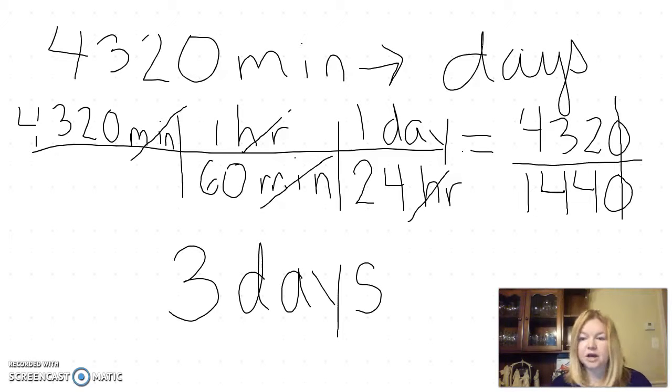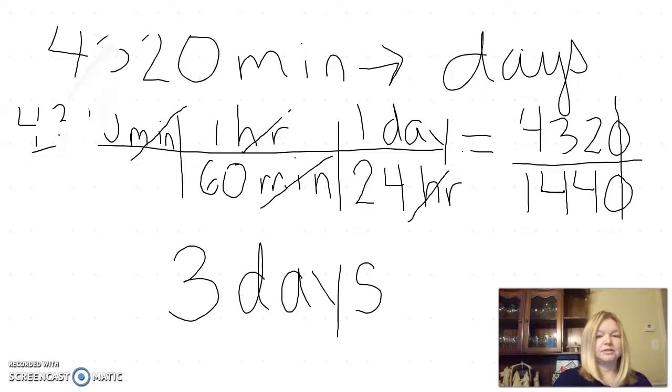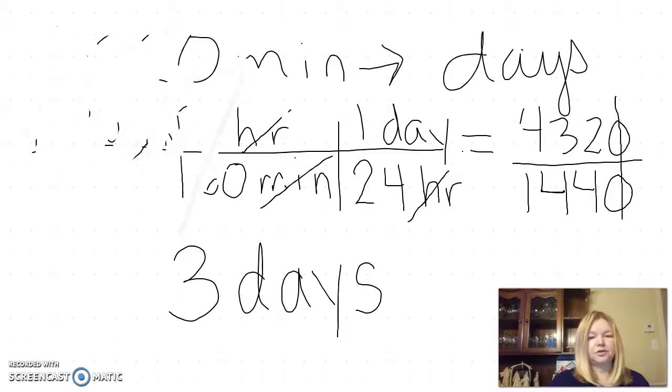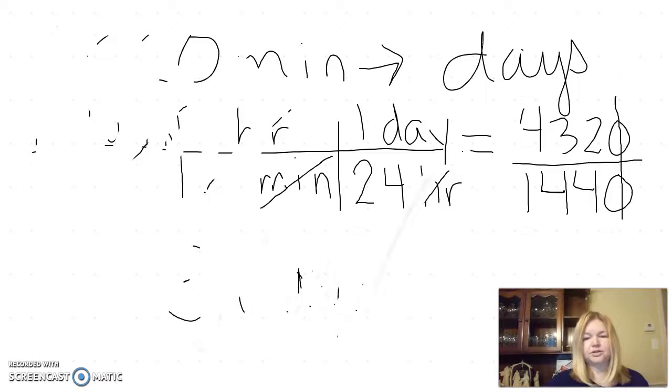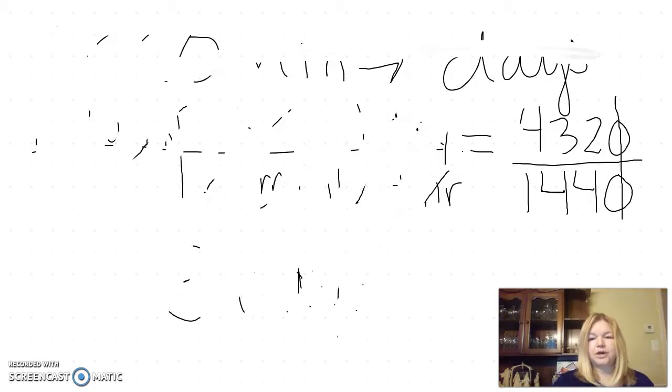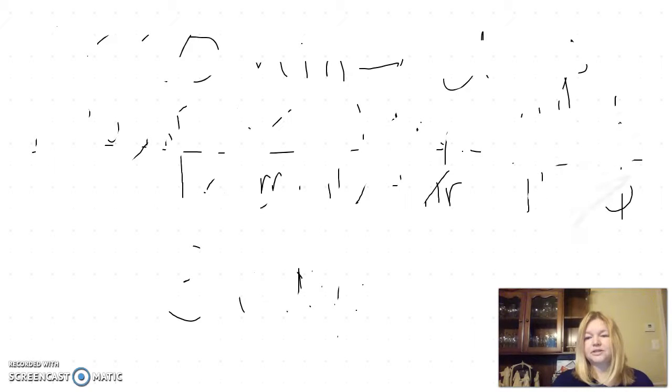So this is one way of converting time and just kind of setting it up with that, call it dimensional analysis, but it's a fancy way of just saying multiplying by equivalent fractions, or by fractions that are equal to 1. All right, so that's the first one. My little eraser doesn't do quite as good a job as on the other thing. That's okay. All right, I'm going to erase this a little bit here, and I want to move on to